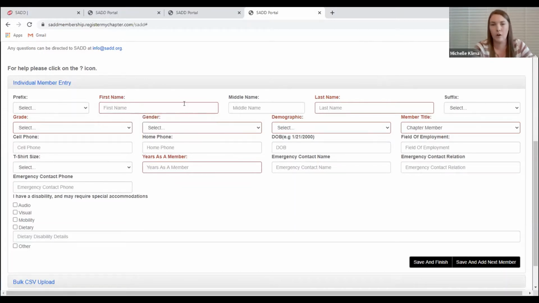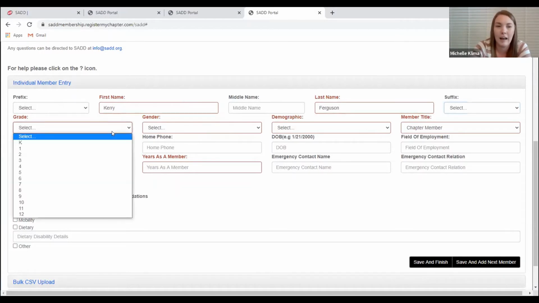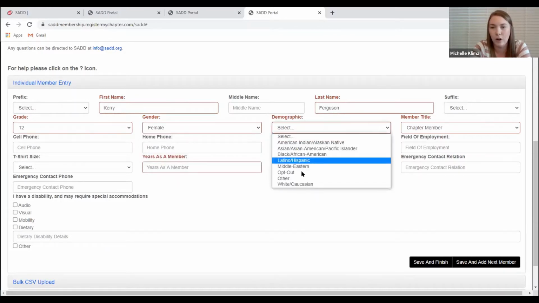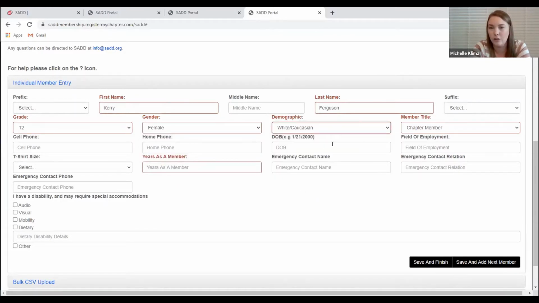But in order to enter and add students, you will just add all of this information for each of your students. So Carrie, I'm going to use you as one of my students for this example. You just type in all of the information that is in red. Okay, so again, anything that is red, you are just going to